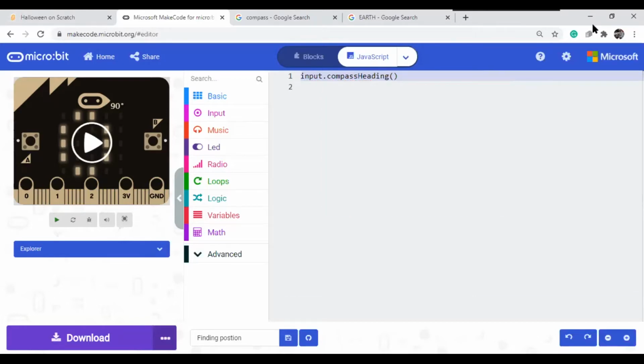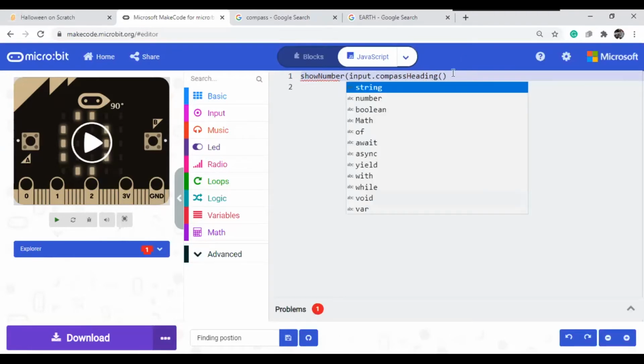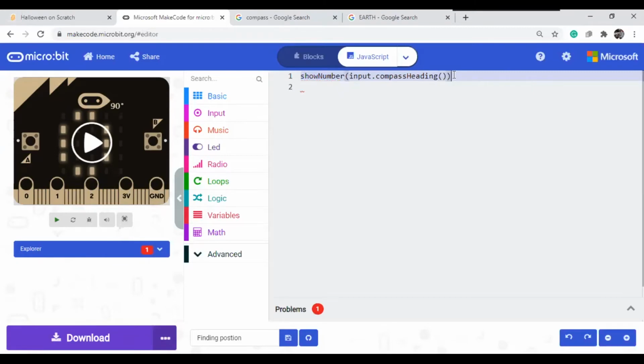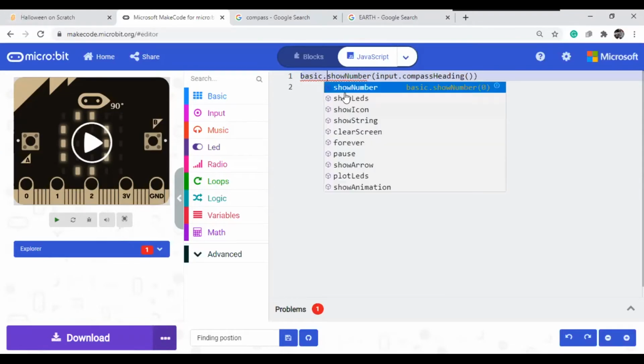That value we need to store in some variable, or else display using a block. The show number block is useful to show this. Show number is available in basic, so basic.showNumber.